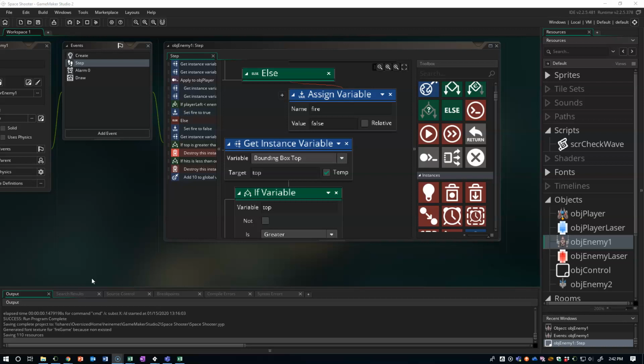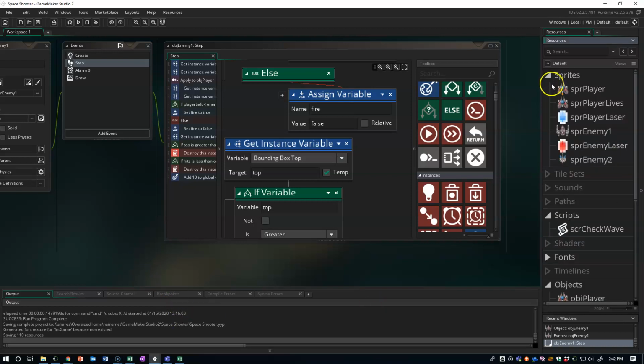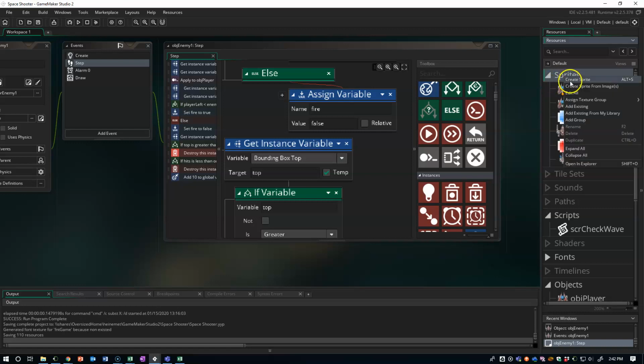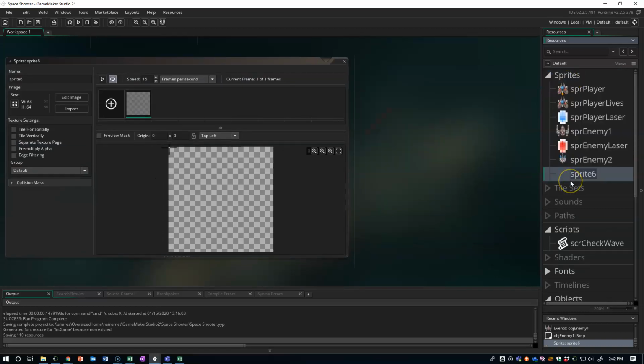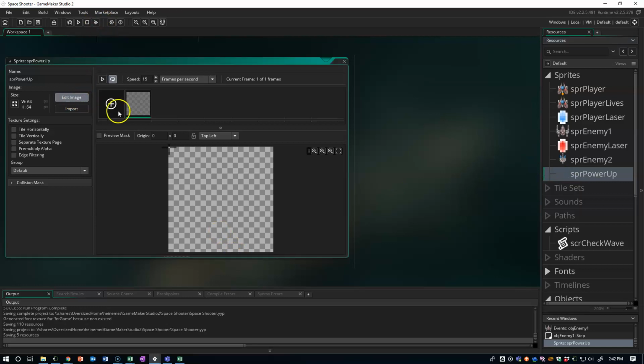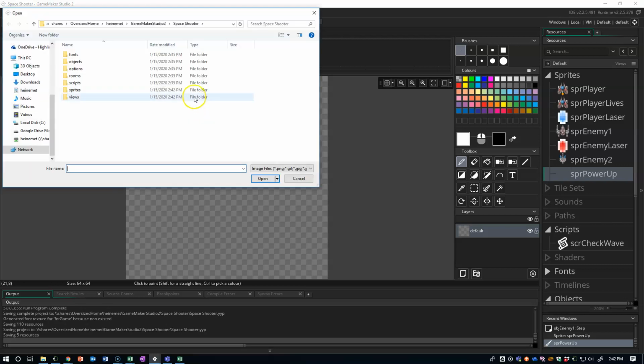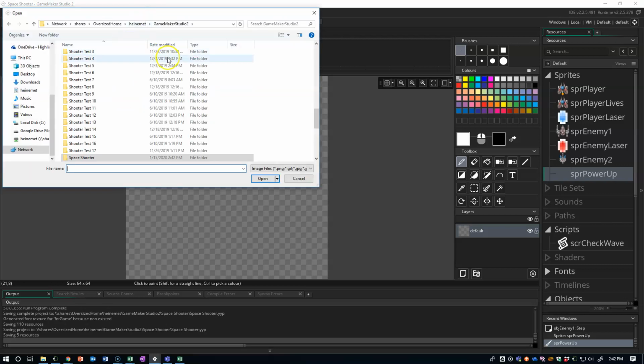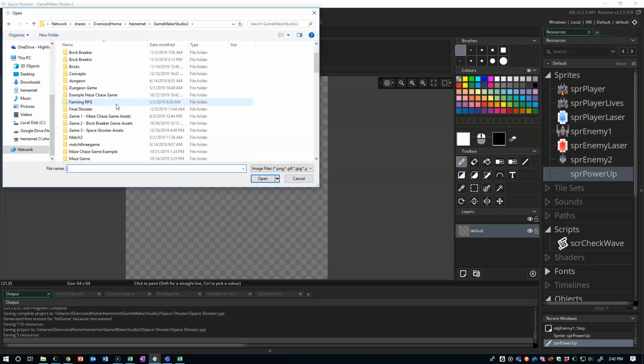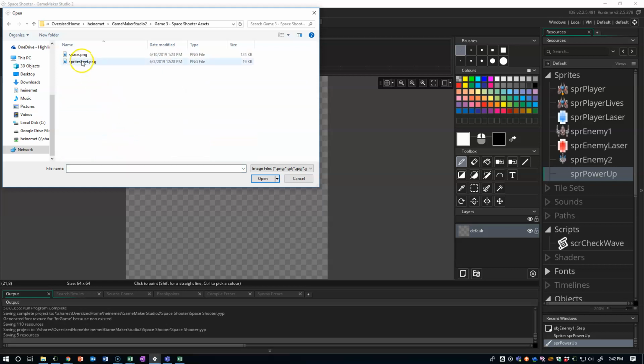So we're going to start with the power-up though, and for the power-up it's going to take the most work, so we're going to go ahead and get it out of the way. So I'm going to add a new sprite, and we're going to call it SPR power-up, and this is going to be obviously for our power-up. So we're going to edit this image, and I'm going to click on image, and we're going to import a strip image, and we're going to go to our assets for this game, and we're going to get the sprite